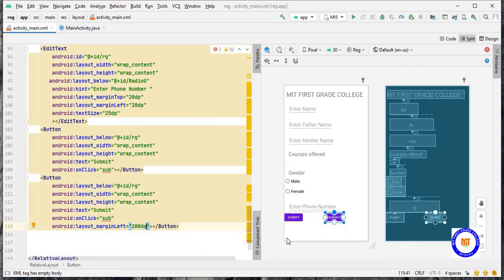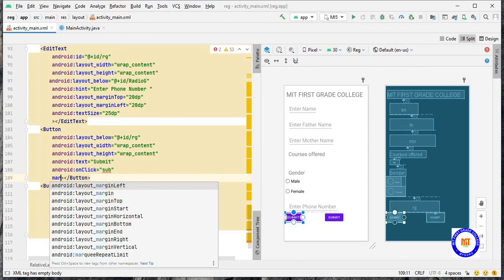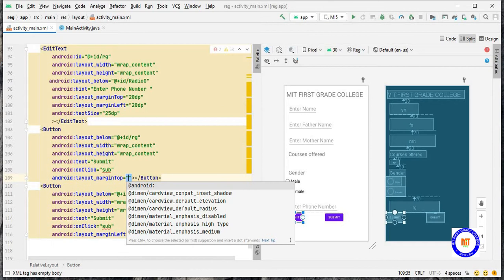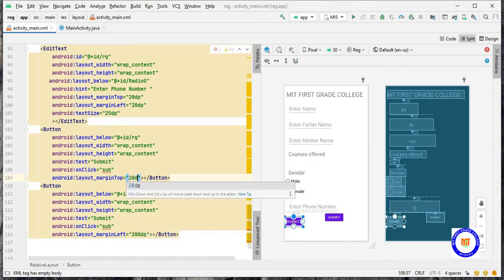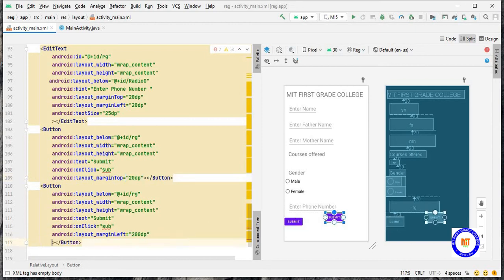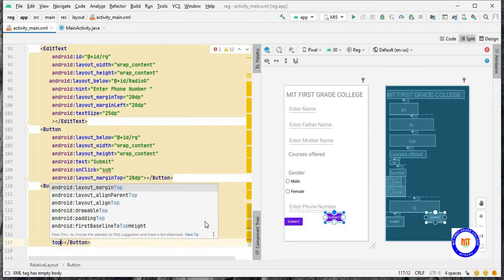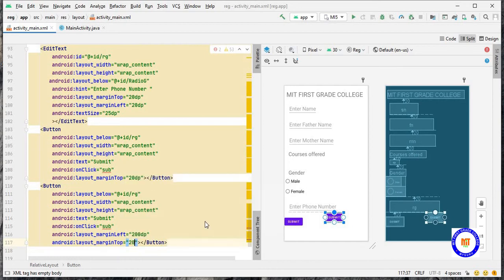Now you can see it is aligned far from here, and I have to give the space, like from the margin top, I'll give this as 20 dp. Here also I'll give from the margin top 20 dp.